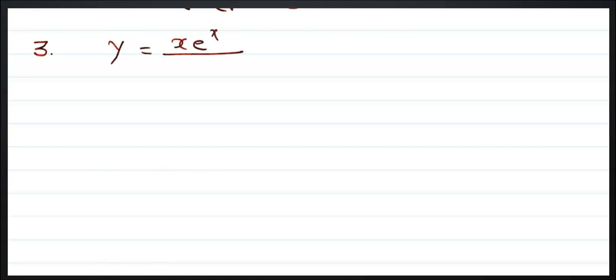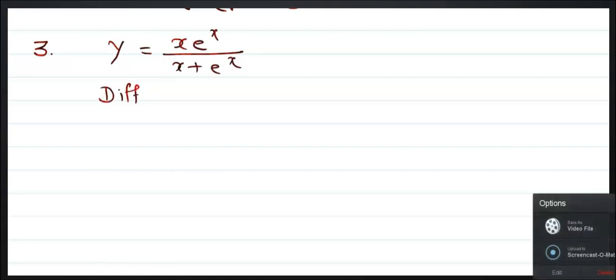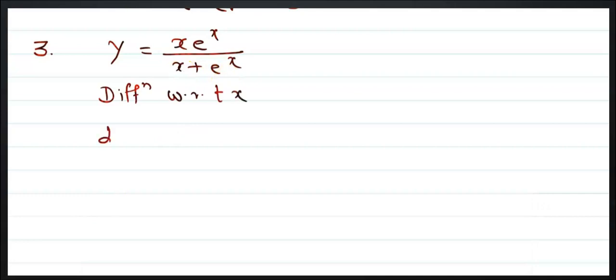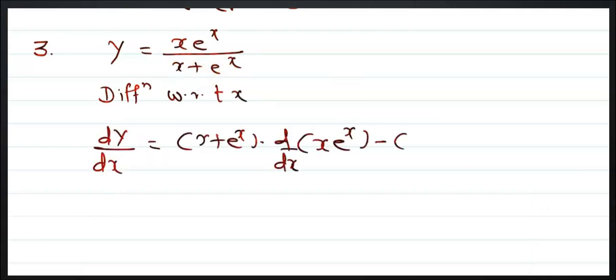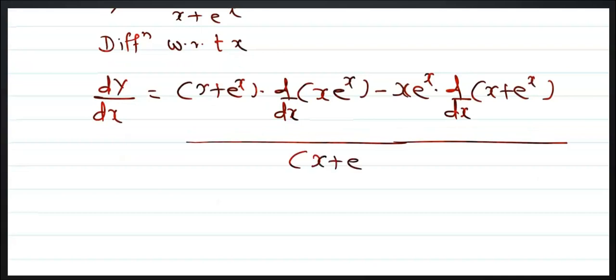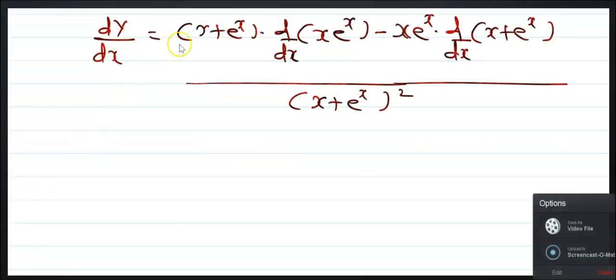Now the problem number 3, y is equal to (x root x), y is equal to (x into e raised to x) upon (x plus e raised to x). Now differentiate with respect to x, apply the quotient rule. After that I will show you. That is it. dy by dx is equal to (x plus e raised to x) into d/dx of (x root x)